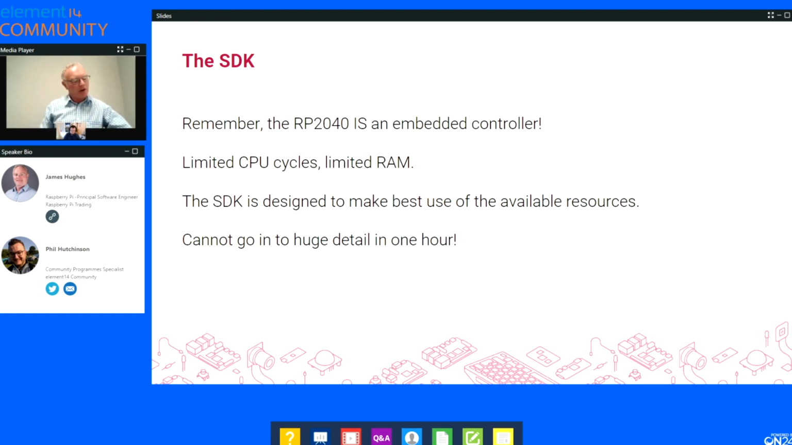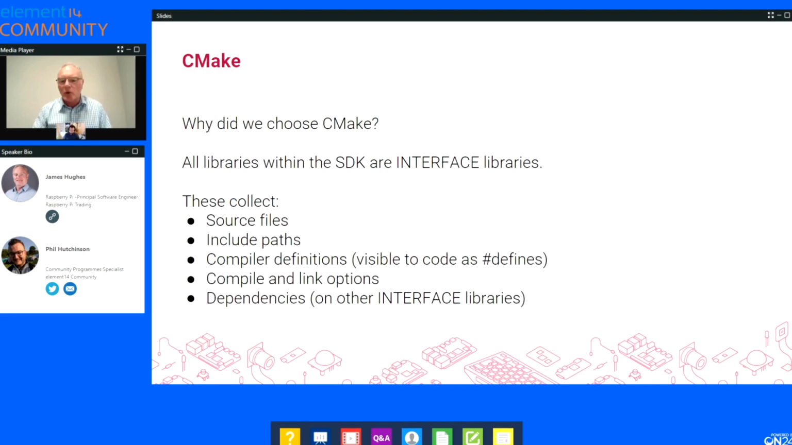As I said, we're rapidly running out of time, so I'm not going to go into a massive description of the SDK and APIs and things, but I will try and cover a couple of points that I think are quite interesting. I said we use CMake. So why do we choose CMake? Well,